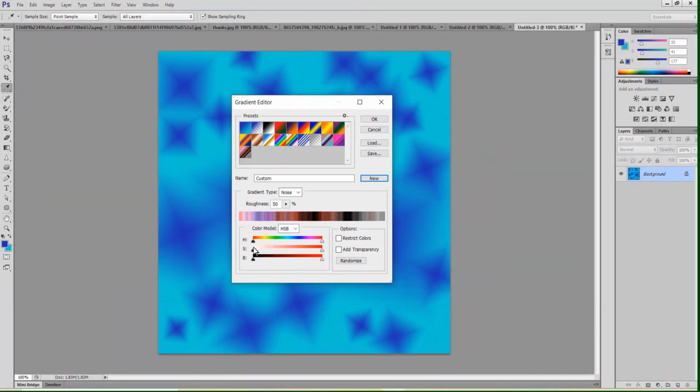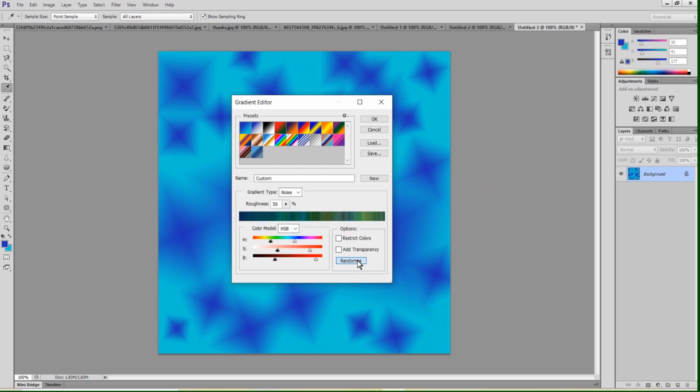Suppose I am changing the hue. I want only the gradients of green and this blue color. Suppose, and I can change the saturation point. I can increase the brightness or decrease the brightness as I want. You just try the different options or different levels and create the gradients. Click on new if you want to add, randomize. You will see now the gradients are of only blue-green shades.